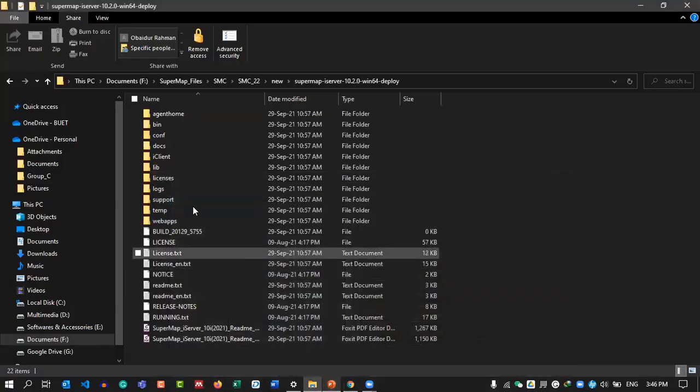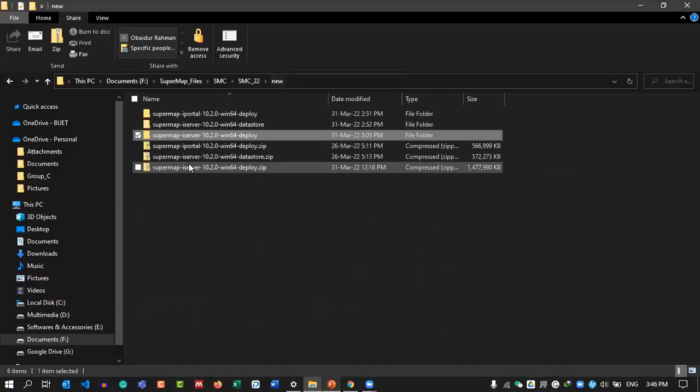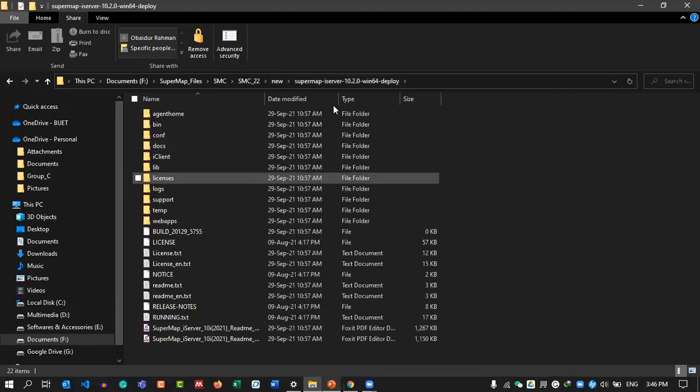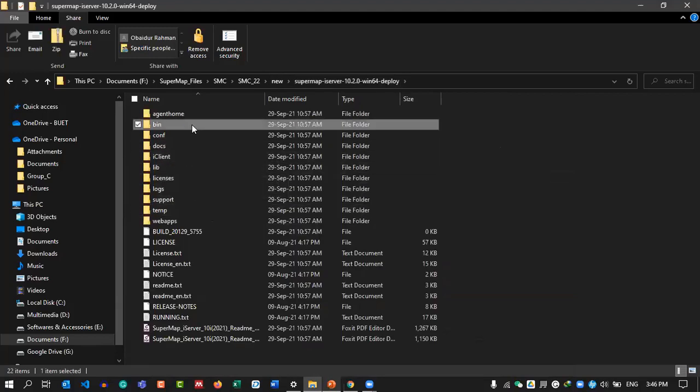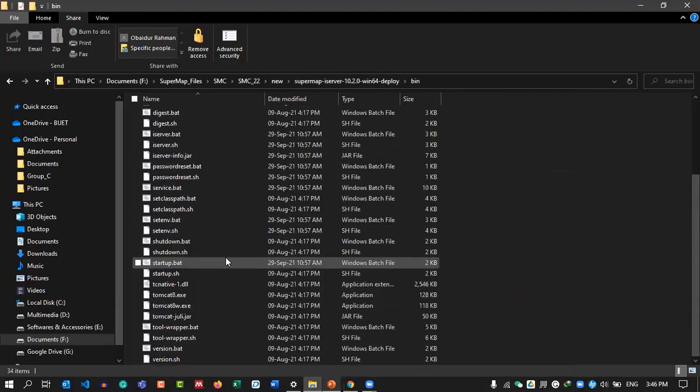Actually, this is the Windows batch file. As I'm going to the iServer folder bin, here you can see that there is startup.bat. This is the Windows batch file. Okay, so just double click here,